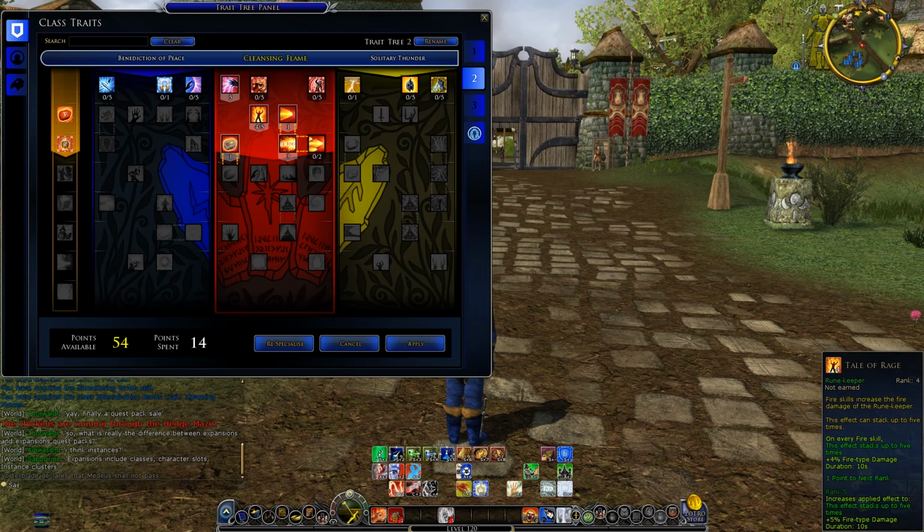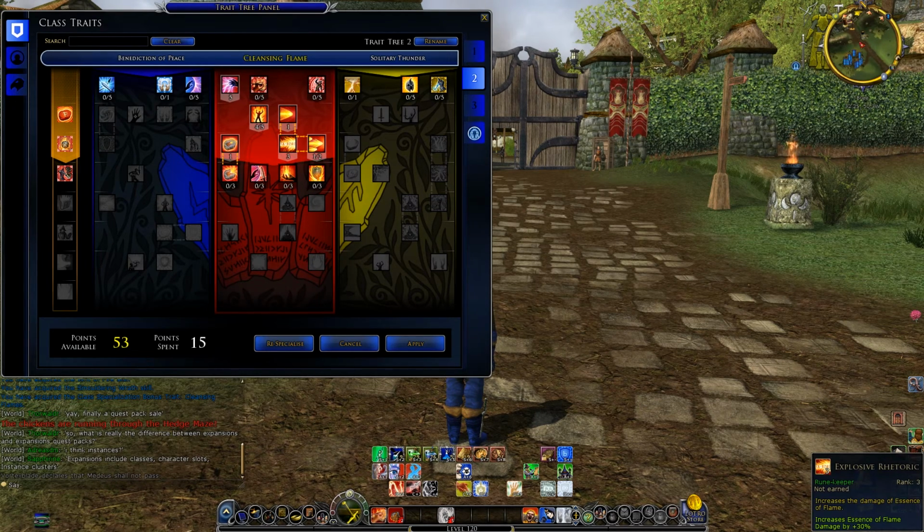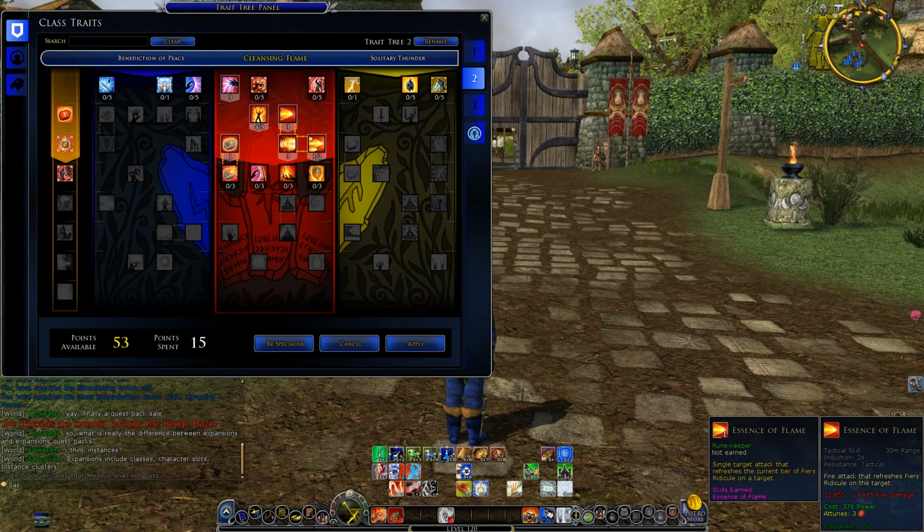So that is something we want to look out for, but you kind of have to decide if it's more worth putting in Tail of Rage, and I do not think it's worth putting in Tail of Rage, so I would go ahead and put 3 points in Explosive Rhetoric and put 1 point in Linnet of Flame, so you get Essence of Flame here to be an AoE